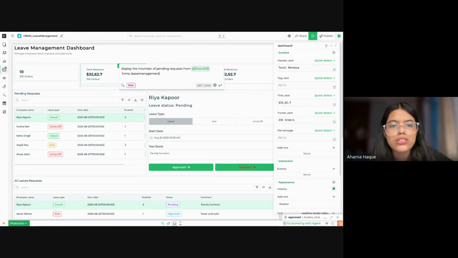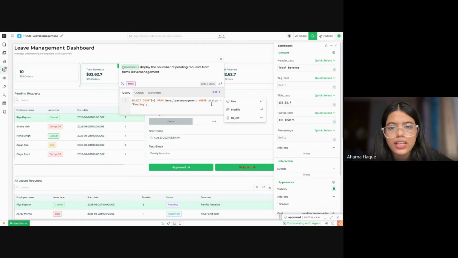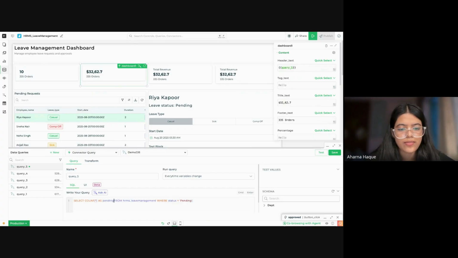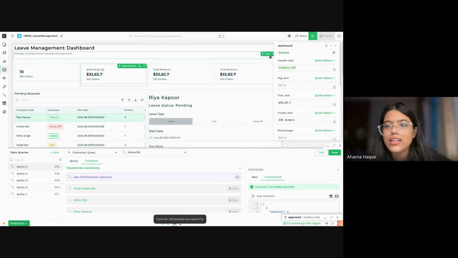Okay, this looks good. And I'm just gonna hit enter. Right, see, so it automatically generates where status is pending. This looks good. I'm just gonna modify this a little bit. I'm gonna write this as pending. This is my alias. Save this and